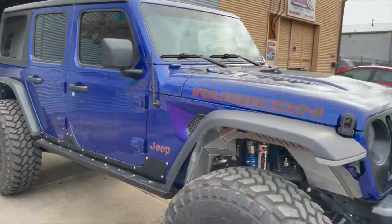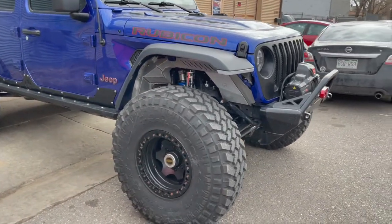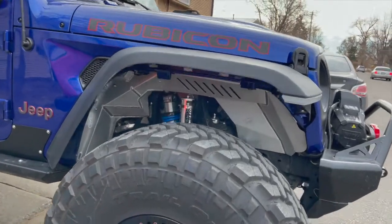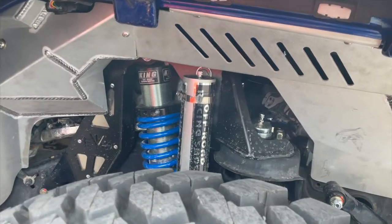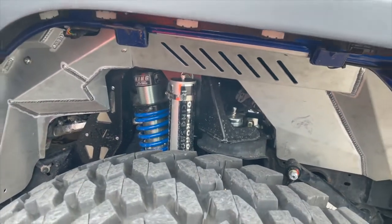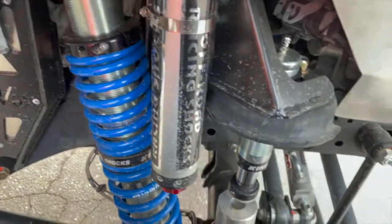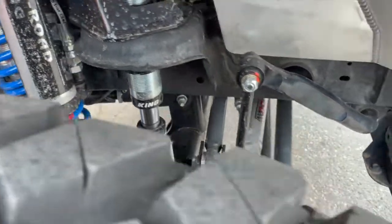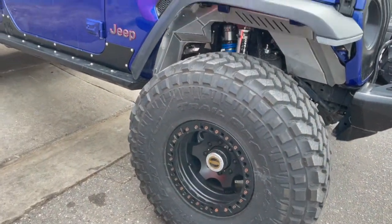Back flares were chopped. 40-inch Nitto Trail Grapplers, 17-inch XD beadlocks, some Nemesis inner fender liners that we had to modify a little bit to fit with the Evo coilovers. So you can kind of see they have the Evo bolt-on coilovers, then some King bump stops, PSC hydro assist, Synergy steering, Dana Ultimate 60 front and rear axles, the locking hub version in the front, full float in the rear,